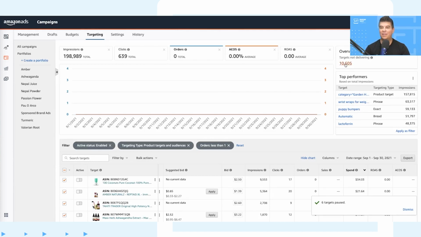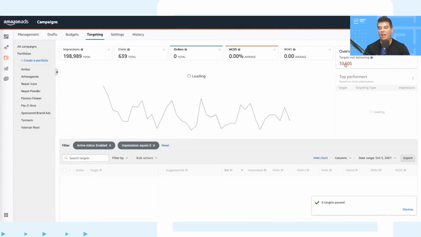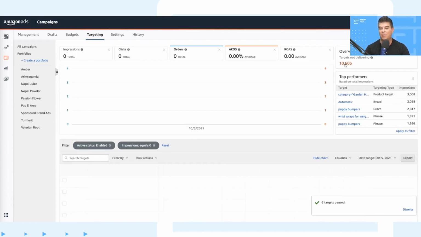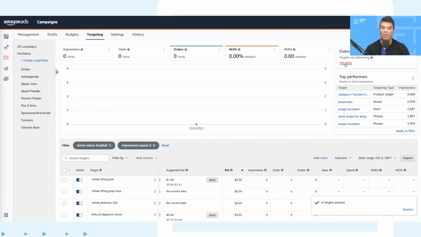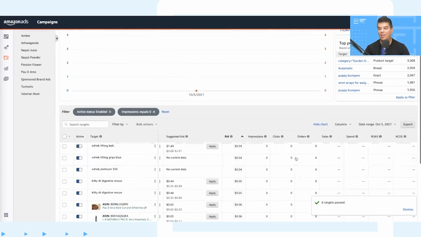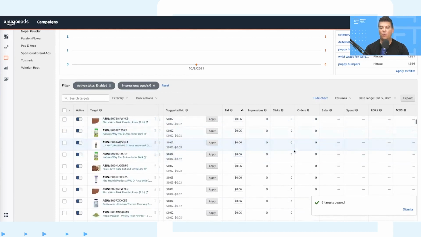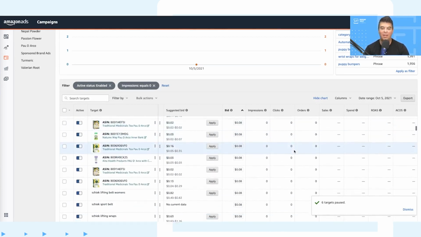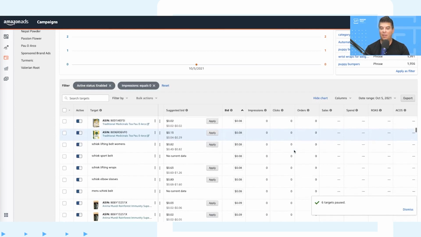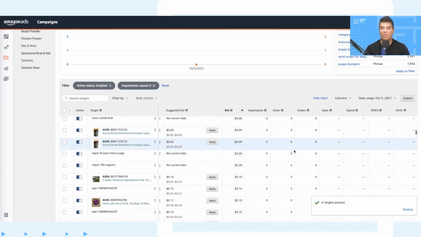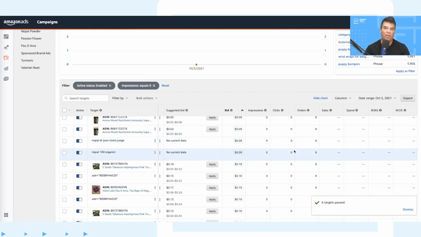So Amazon does a good job of letting you know that, in this particular instance, we've got over 10,000 targets that are not spending anything. So they, of course, want you to be spending your money. So this is something that if you took the time to do the keyword research and you've entered the targets into your